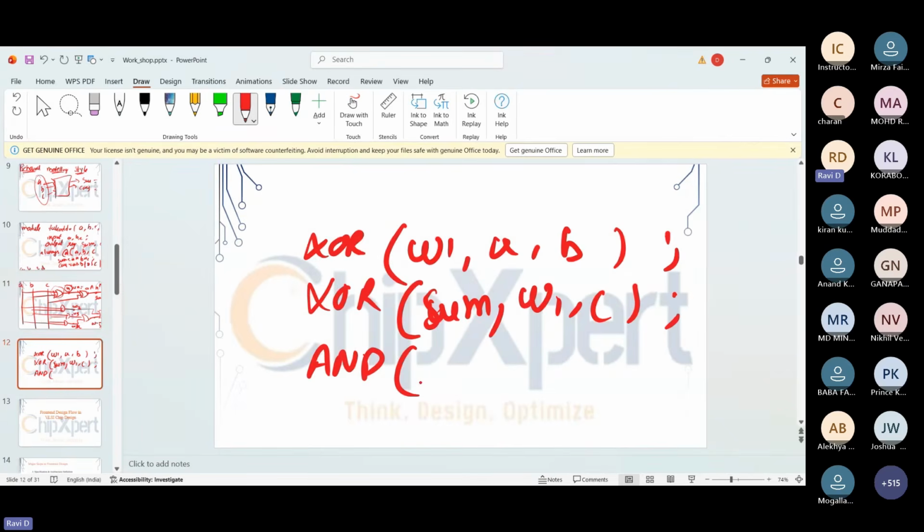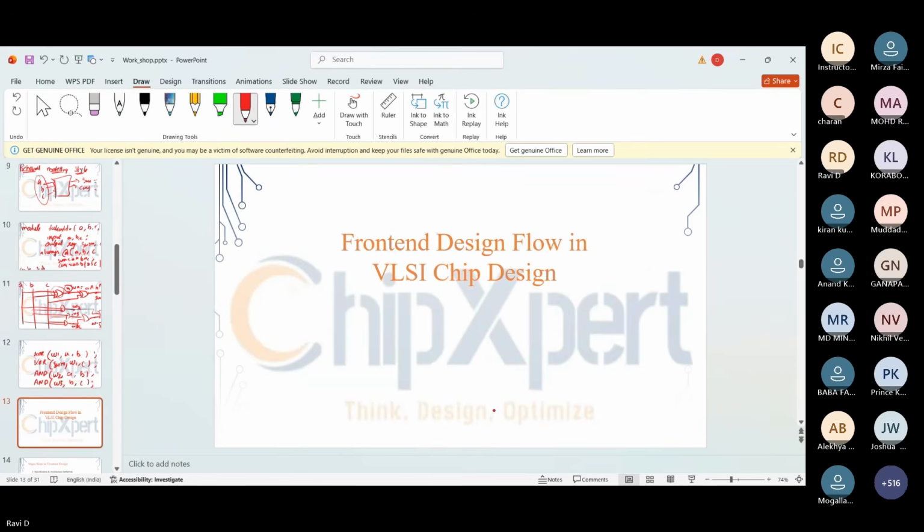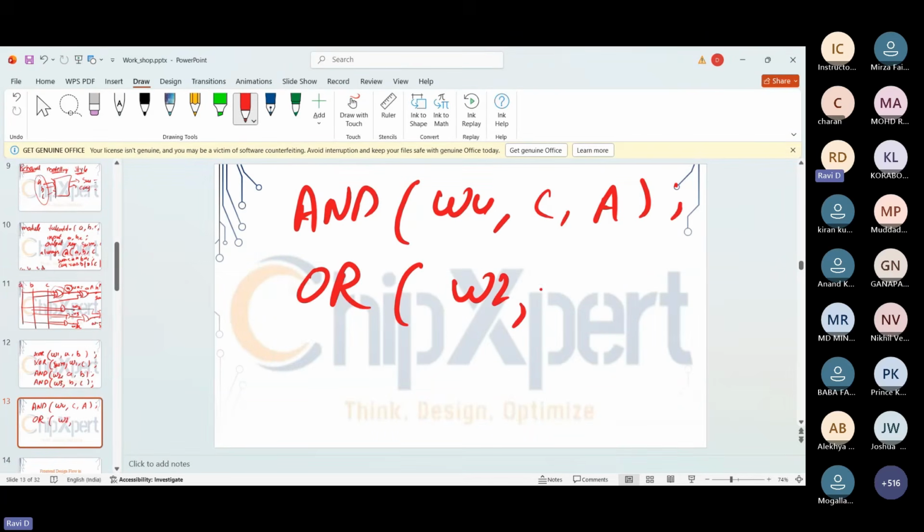For the first AND gate, the output is W2 and the inputs are A comma B. For the second AND gate, the output is W3 and the inputs are B comma C. For the next one, W4 is the output and C comma A are the inputs. And the next one is the OR gate: W2 comma W3 comma W4.